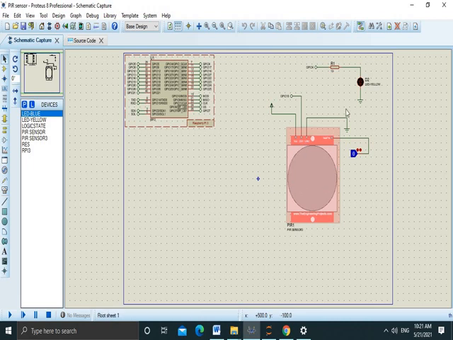This library I have downloaded from the internet. Use the connections, that is the data pin, then output pin, then VCC and ground. So here I have connected one logic probe, meaning person.